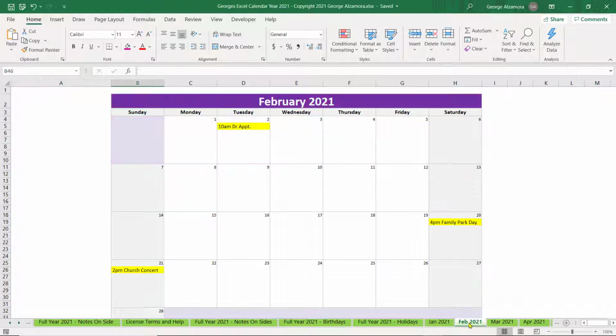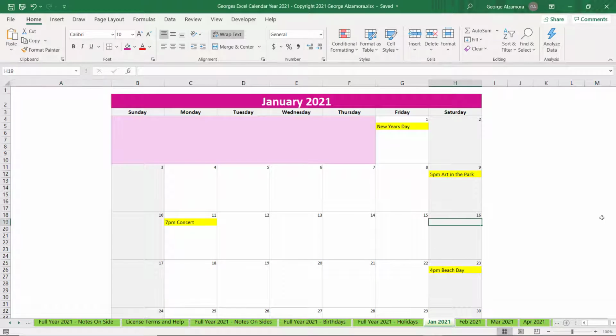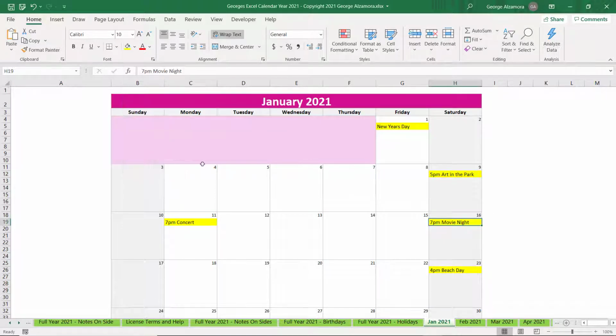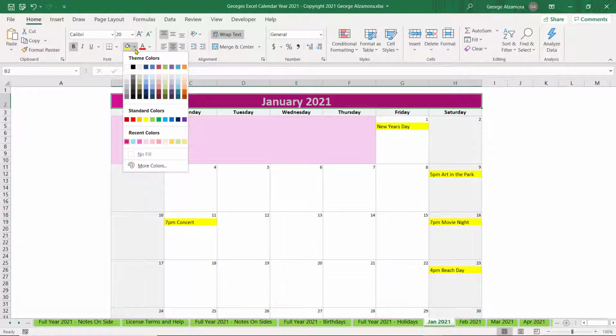You can take a look at February and March, and this is how the calendar will come. It will be blank, just like this particular month of March. So let's go back to January. It's really easy to enter information. Just go into the cell, you can type a time and a description of the event. You can also change up the shading of the cells